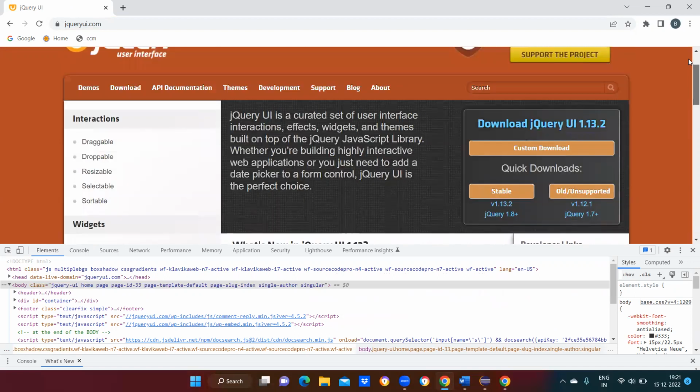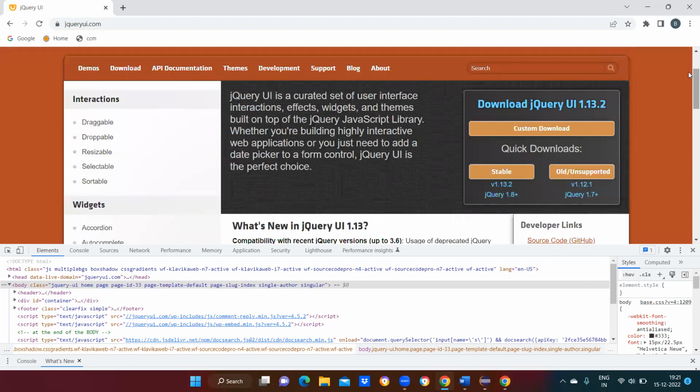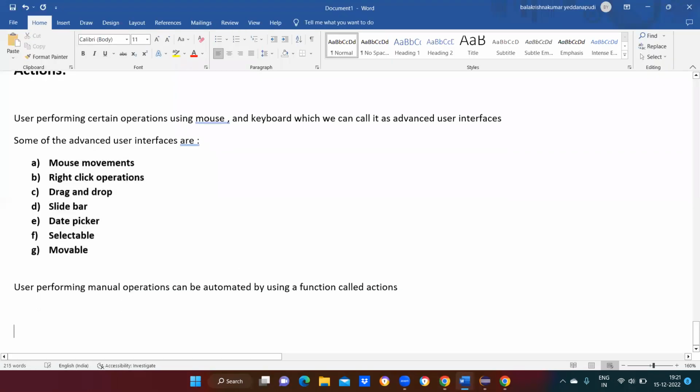These are called actions. Okay? Okay, Chandu? Yes, sir. Okay, now to work with this, first we should know a function called